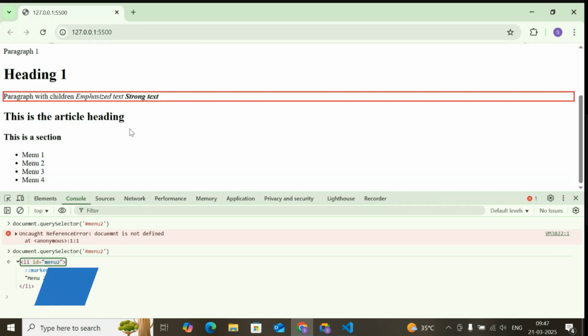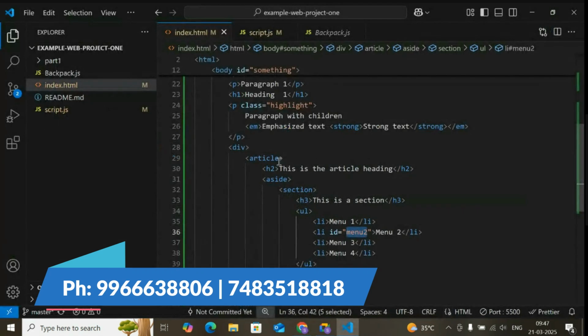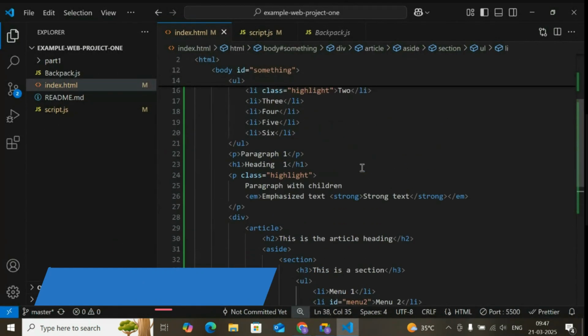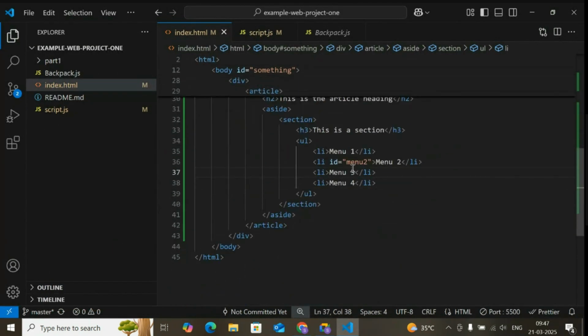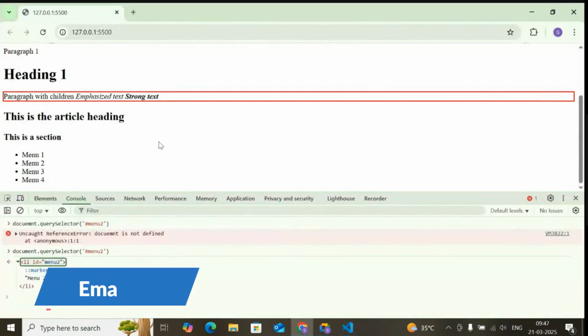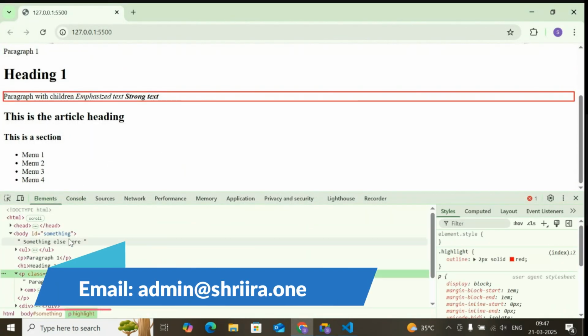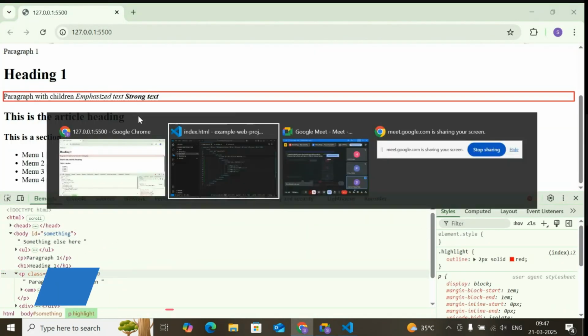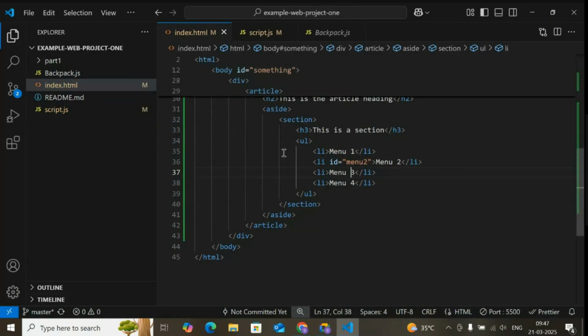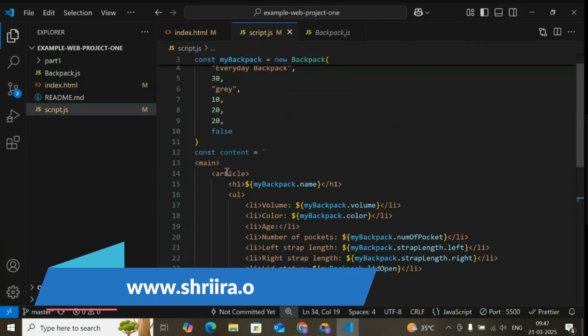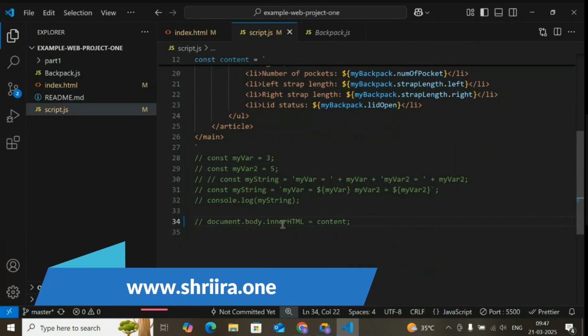We can manipulate any element by selecting it like this. We will cover these query selectors, CSS selectors, in depth when we are covering CSS overall. For now, I'll just park this one and we'll go back to our